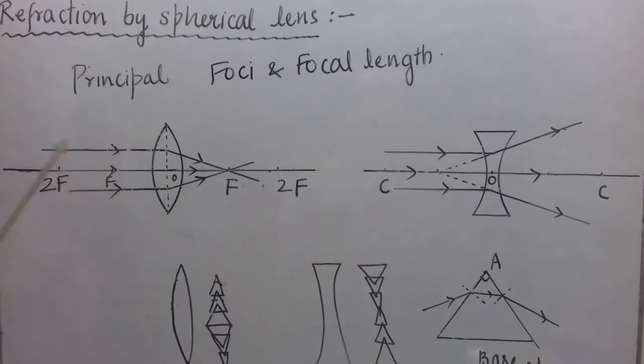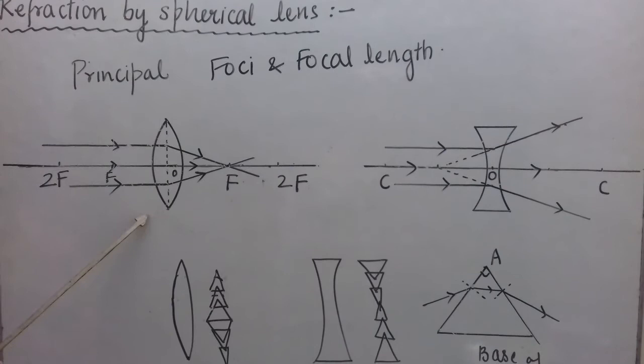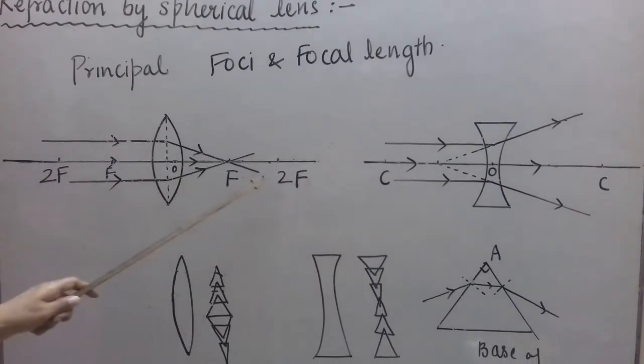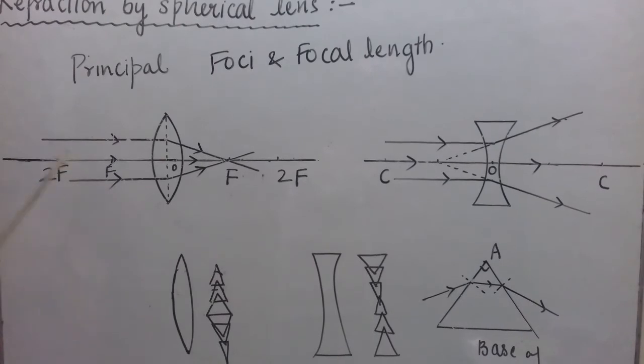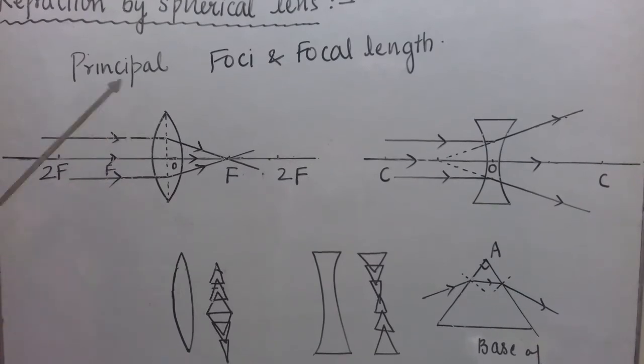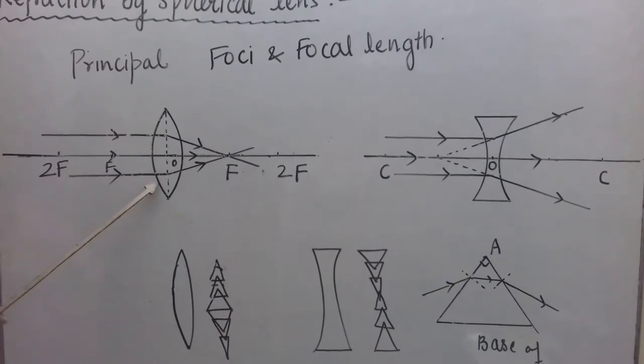I'll let you know what symbols I am going to use afterwards. So what is focus you have understood, what is focal length also you have understood, and you should know we don't write C, we write 2F instead of C on both the sides, and F lies midway between 2F and O for thin lenses. Thin lenses means lenses which have a smaller aperture compared to the radius of curvature.